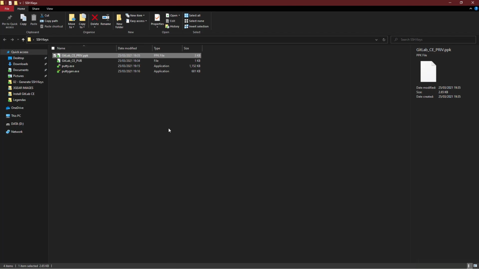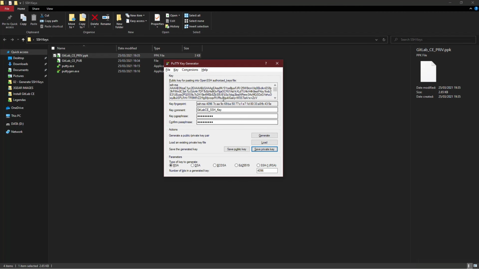We have one more step. We need to save this public key because this one is what we will use to SSH.